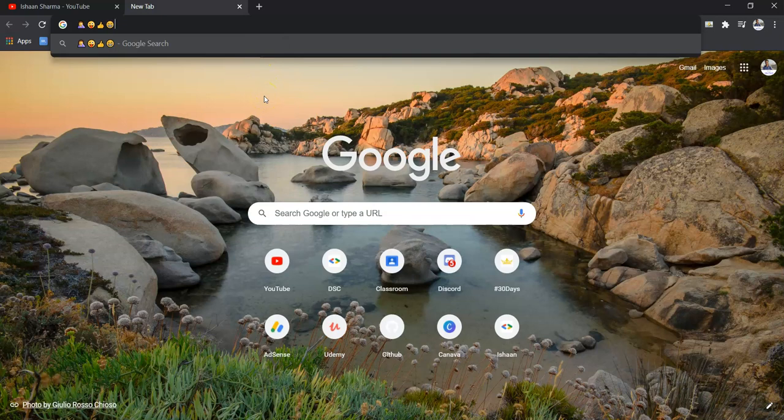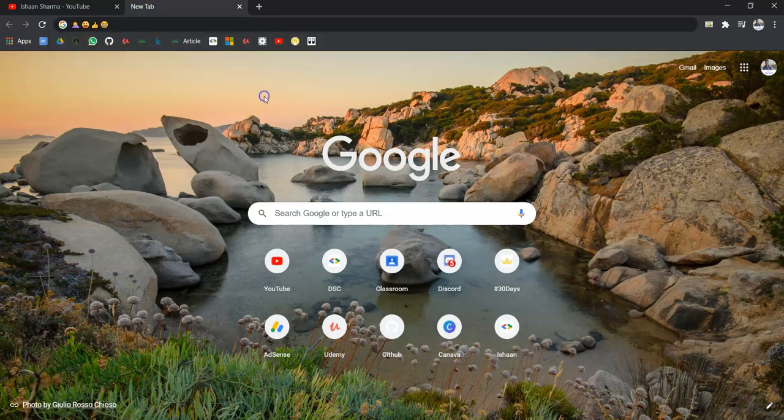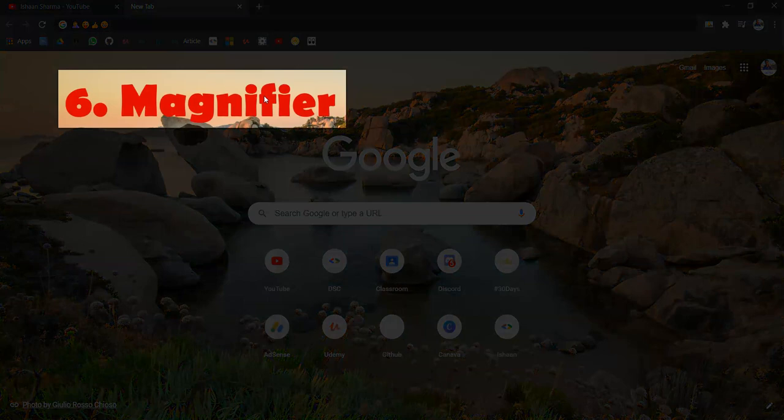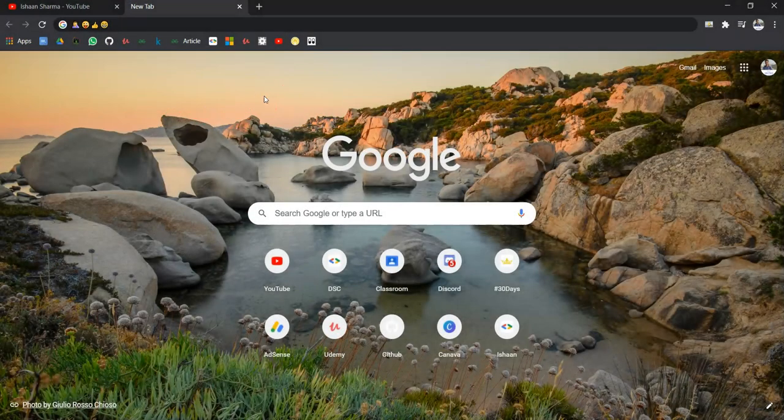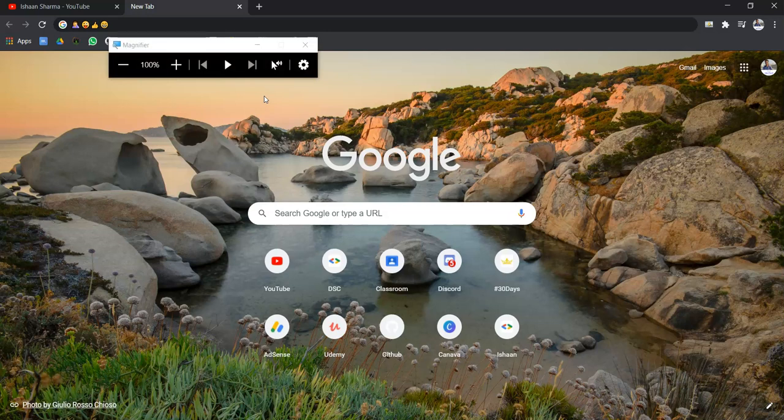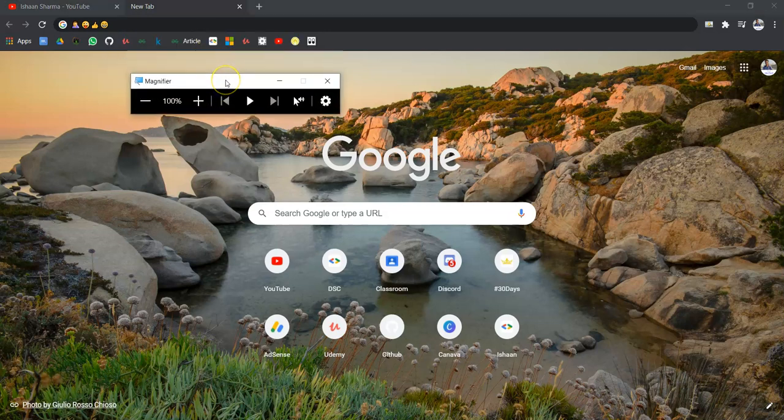So moving on to our next shortcut key, that is the magnifier. So to open the magnifier by using the shortcut key, just click on Windows and then the plus button. So here it will generate your magnifier. So this is also an amazing thing.